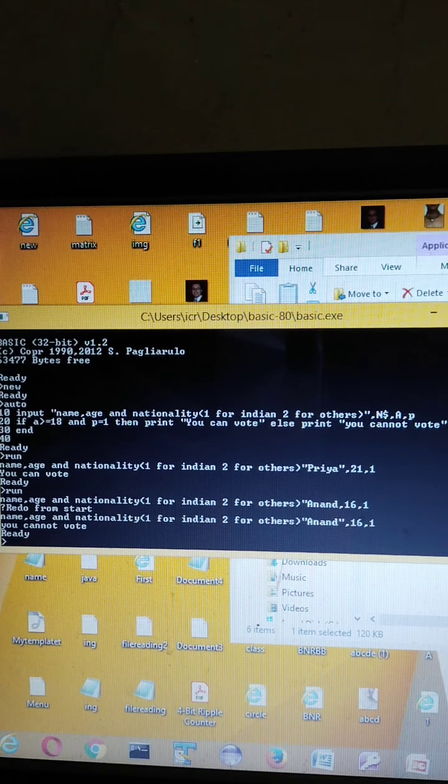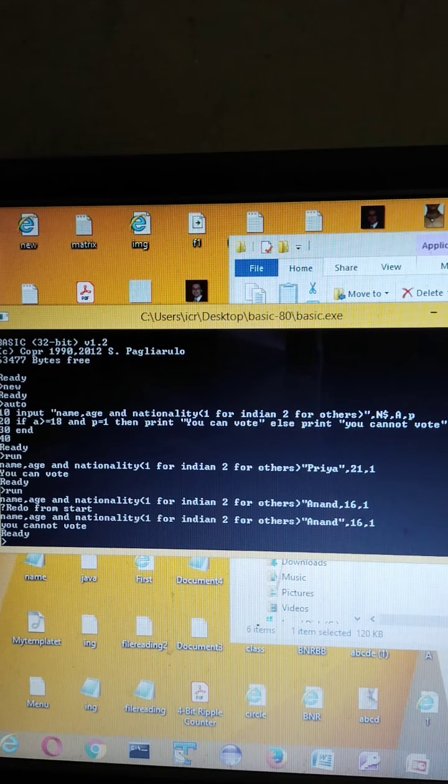Now the next program that we are going to do is to input the ASCII value of a character and print whether it is an uppercase character, lowercase alphabet, a digit or any other character.